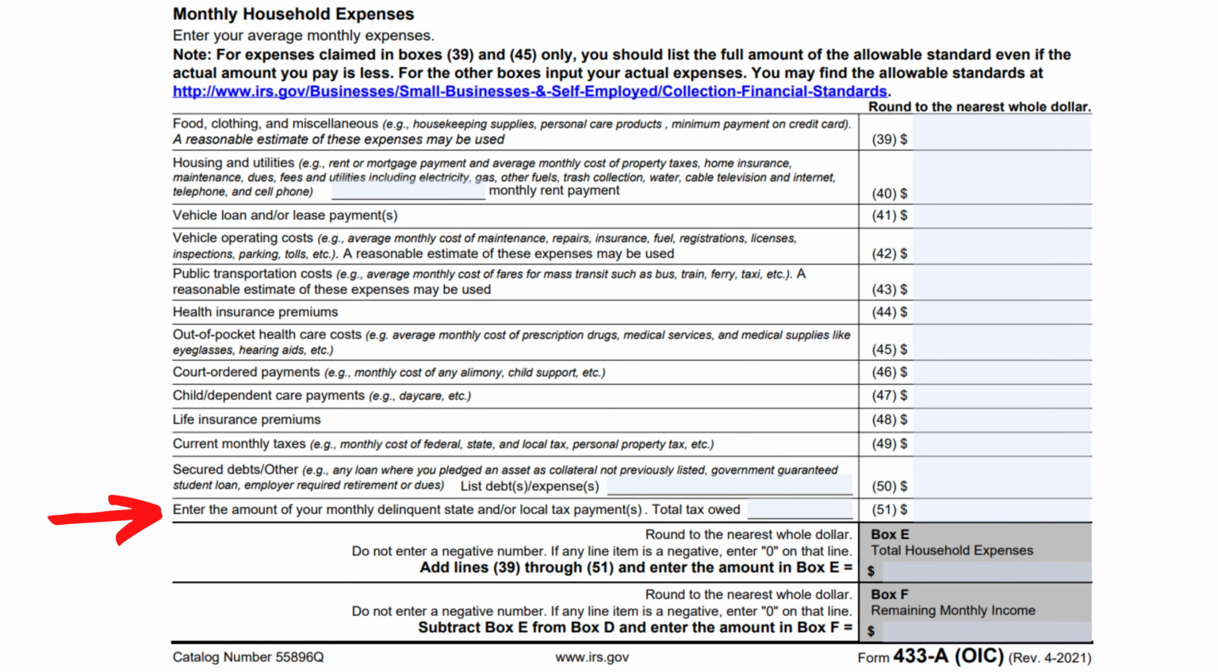All right, let's go to line 51. Enter the amount of your monthly delinquent state and or local tax payment. So it can get a little hairy. Just because you're making payments to state and local taxing authorities doesn't mean you get to put the entire amount here. It depends on whether or not you have an agreement with the state and local taxing authority itself. If you don't, it doesn't matter how much you actually pay to your state or local taxing authority on a monthly basis. You have to use a formula put out by the IRS to determine the amount to put here